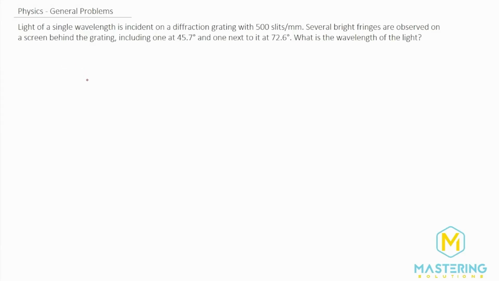Welcome to Mastering Solutions. This question is a little bit involved, so let's first start off and make a list of what we know and just work through it one step at a time. They tell us that we have a diffraction grating, and the grating spacing d they tell us is 500 slits per millimeter. So in 1 millimeter, 1 times 10 to the negative 3 meters over 500 slits. We've talked about this in a lot of problems, and you know what I'm going to say. For a diffraction grating, d is always the width over the slits. Let's leave this just like that and move on to the next one.